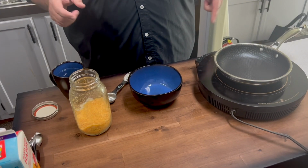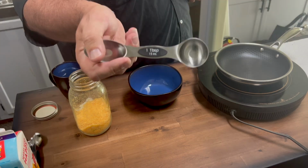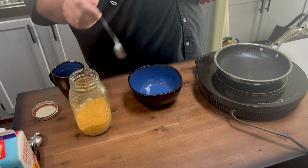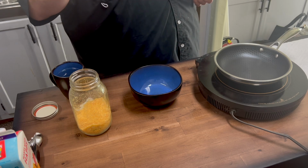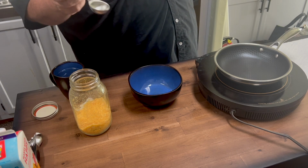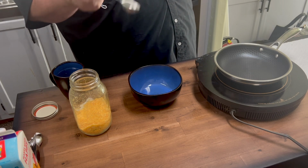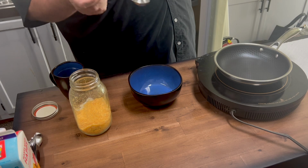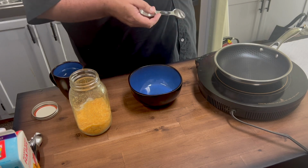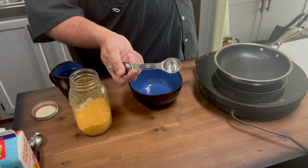Okay, I decided it was just going to be easier to use the induction, make it a little bit easier for video. 2 tablespoons of powder, 2 tablespoons of water. Now, I may have messed up. I don't want anybody yelling at me later and said 1 and 1 with either milk or half and half or heavy cream. To make an exact 1 egg or almost exact 1 egg, it's 2 tablespoons of powder to